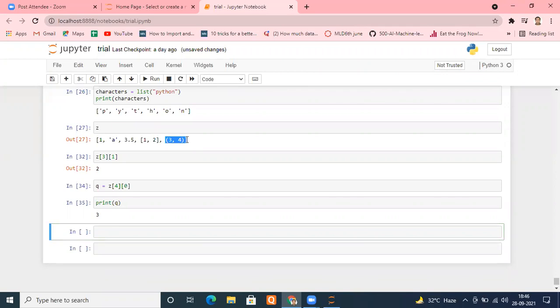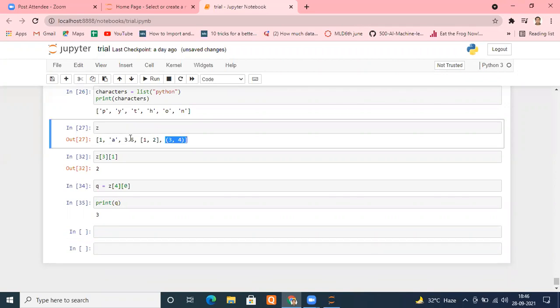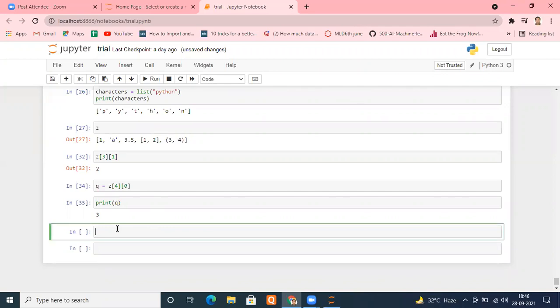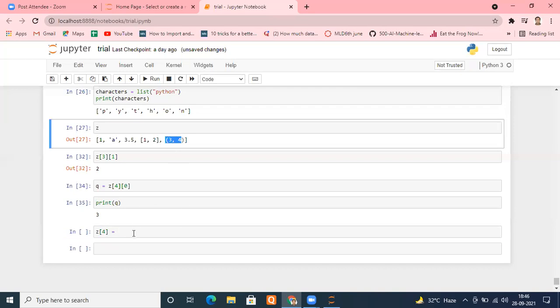What is this item? This item is at index 0, 1, 2, 3, 4. So what I can do is Z[4] equals to whatever I want to put instead of this 3 and 4.